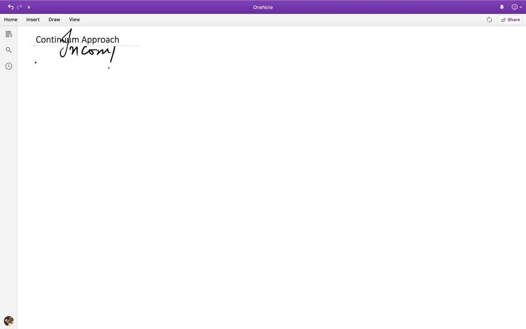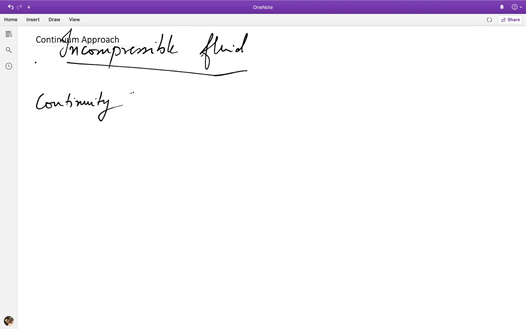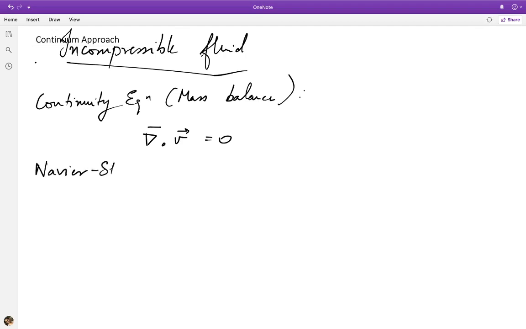So let's look at first, well, for an incompressible fluid, that's what we will really be looking at. So first we have the continuity equation, which is really expressing mass balance, or the conservation of mass. And for an incompressible fluid, this just takes the form of the divergence of the velocity is 0. Then we have the Navier-Stokes equations,